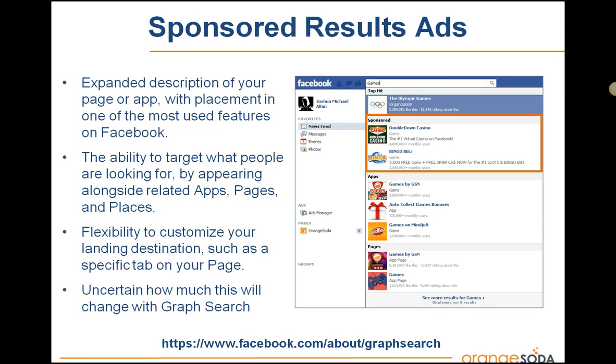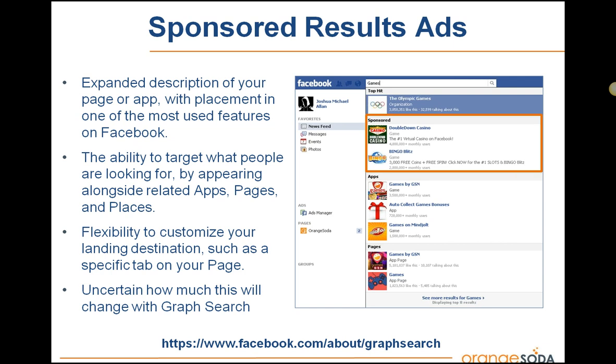The next couple that I'm going to talk about are some of the lesser known forms of Facebook advertising. This one is sponsored results. These are ads that you will see when you're using the Facebook search bar. You can see in this example that I typed in games in the search bar, and there are two sponsored apps that show up, Double Down Casino and Bingo Blitz. Those are two sponsored apps, and this is pretty cool